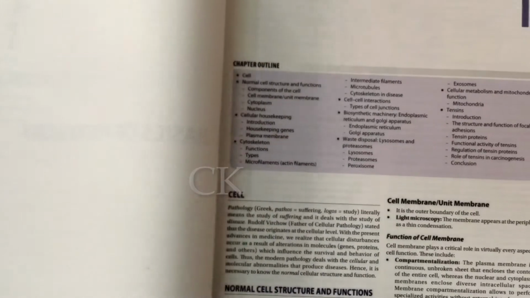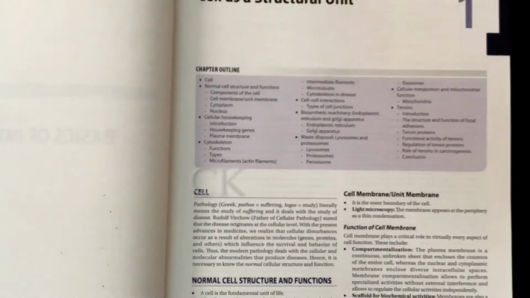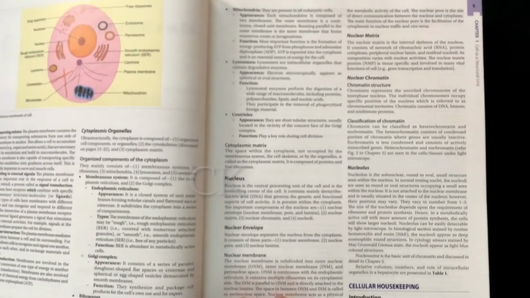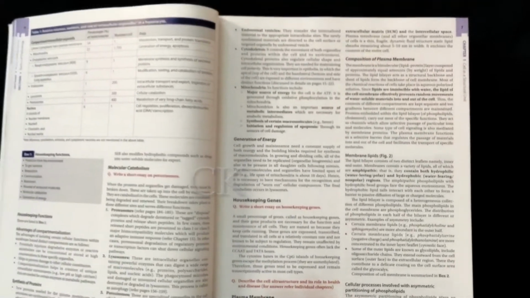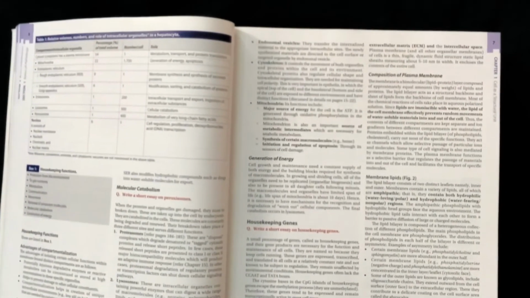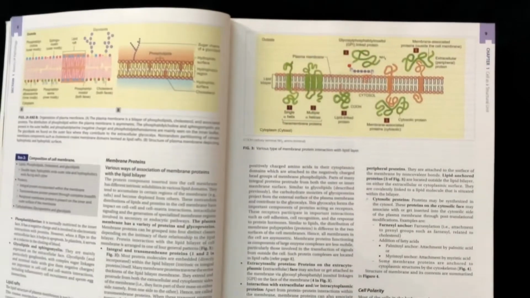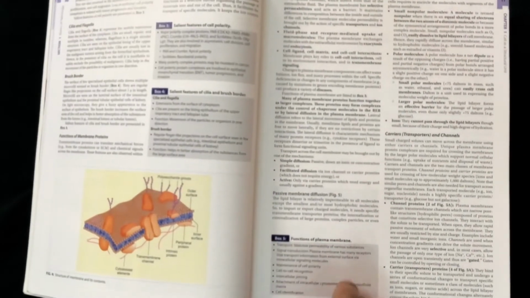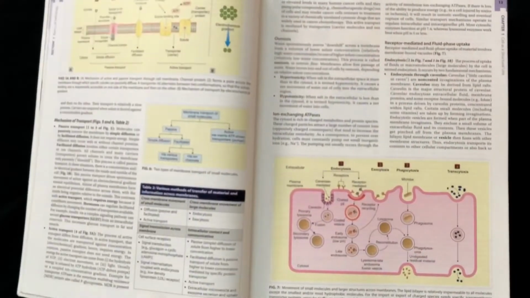Opening the basic pathology, you can see that the chapter outline is given very nicely and neatly. Figures and boxes are given very neatly in this book. Figures are illustrated, boxes are very clear. In fact, charts are very clear. In red color you can find questions. So everything is in one place.